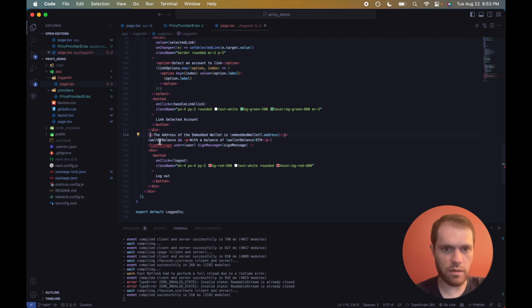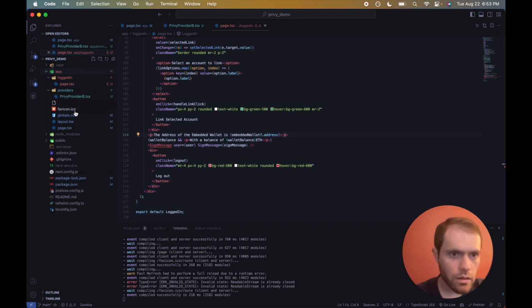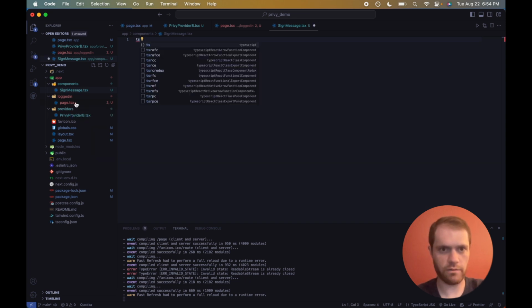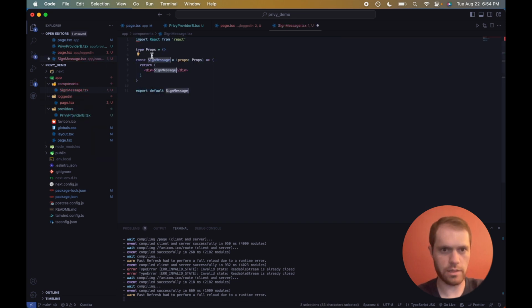Anyways, we have this component that doesn't exist yet. In the app directory, let's make a new file, not inside the providers, make sure it is in the root of the app directory. Okay, components, and inside this, we want it to be called signMessage.tsx. And we're going to do the shortcut, but this time we want TS first, or this one, CE,